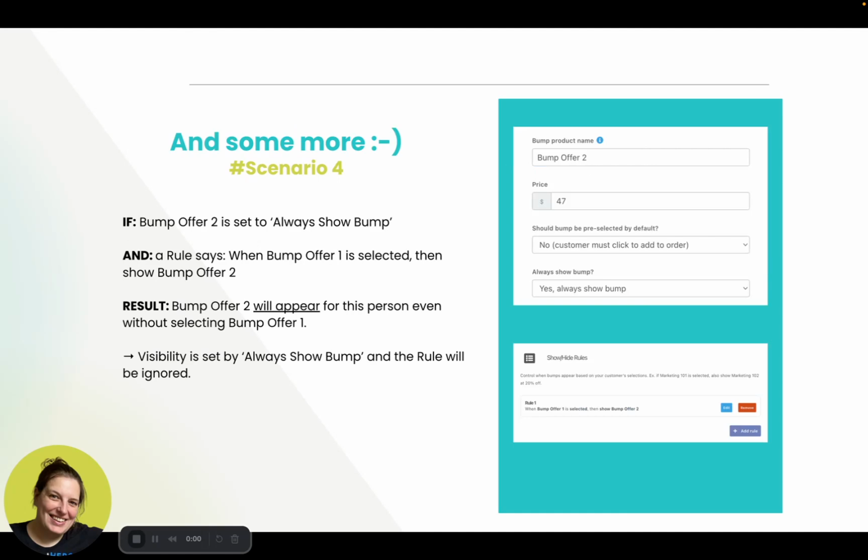Okay, some more testing. Bump offer 2 is set to always show bump, and there is a rule that says when bump offer 1 is selected, then show bump offer 2. So basically, we're using a rule without telling the system to use the rules. And then the result is bump offer 2 will appear for this person even without selecting bump offer 1. And the conclusion is visibility is set by always show bump and the rule will be ignored, which makes sense